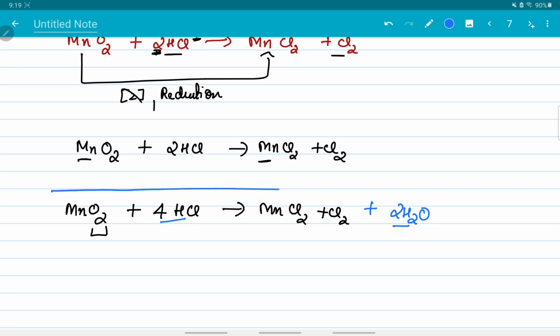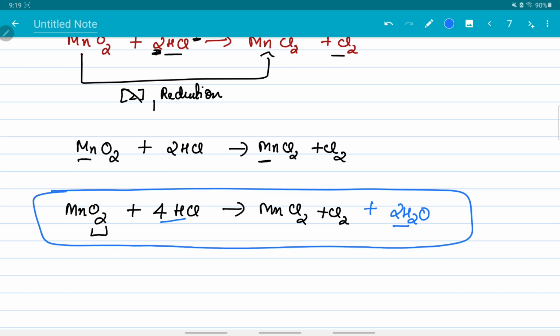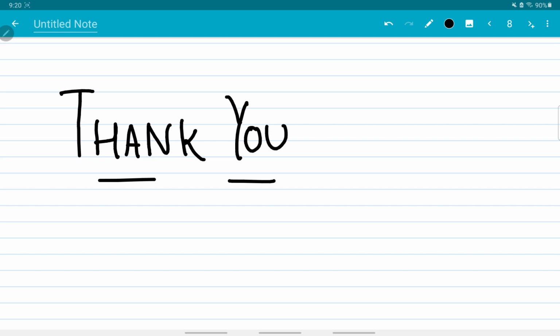So this here becomes our final equation, and we have balanced this equation by the oxidation number method. Okay, so I hope you understood both these methods. So that is how you balance a redox reaction, and these were the 2 methods of balancing them. With this we have successfully completed our balancing of redox reactions. So I showed you both the methods, that is oxidation number and the ion electron method.